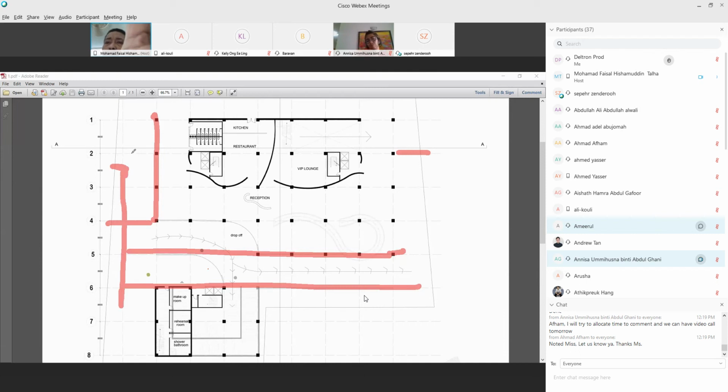So what I'm trying to say is, all these columns here, you can build a building up to here. This one I don't know. It depends on whether you want to have a road in front or not. That's fine. But if you want to have a lay-by in front here, then can.